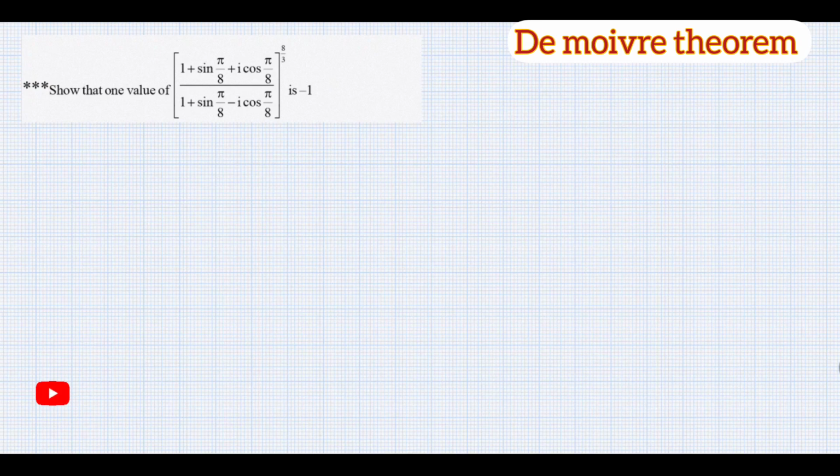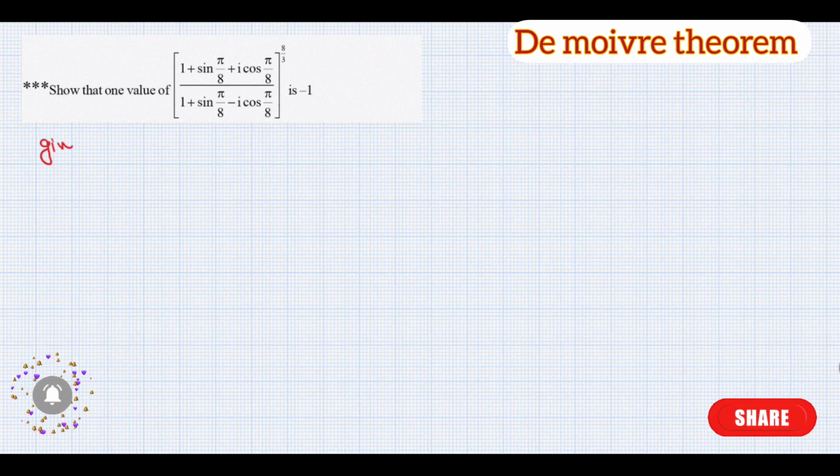Here is the given question: show that one value of ((1 + sin π/8 + i cos π/8) / (1 + sin π/8 − i cos π/8)) is equal to −1. Okay, let us start the solution. Here, given LHS